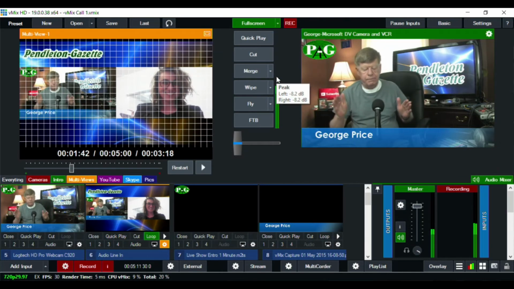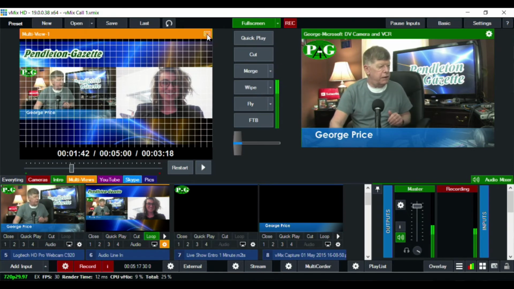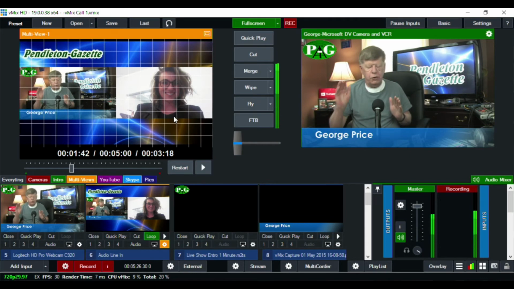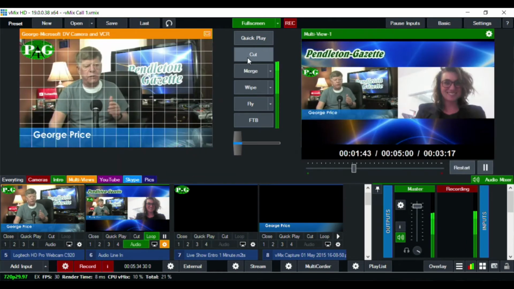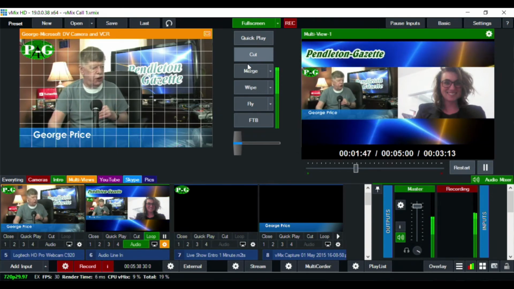But again, it doesn't take long to make these multi-views once you know how to make them. And I used, again, the multi-view library in vMix, and then I used the grid to make sure everything is pretty much equal on both sides. Then I can show that multi-view to my viewer or to whoever's watching my show.